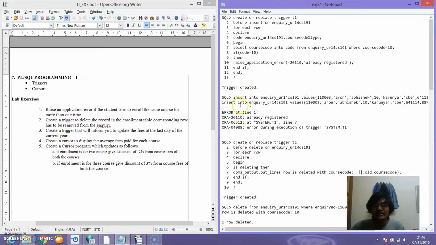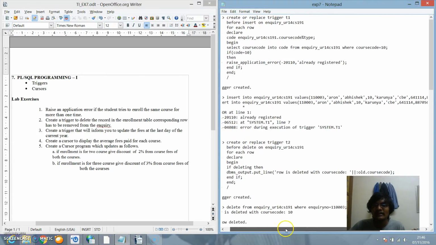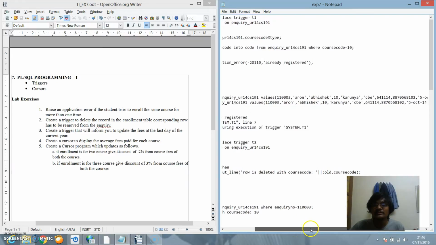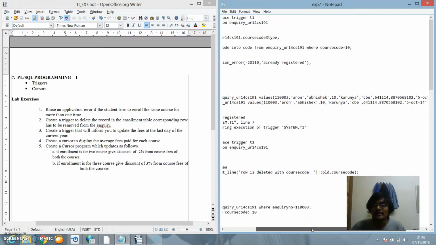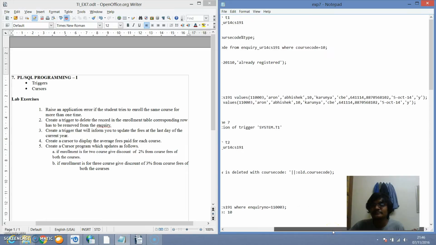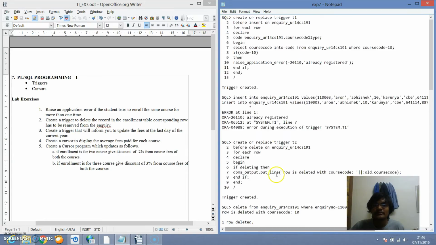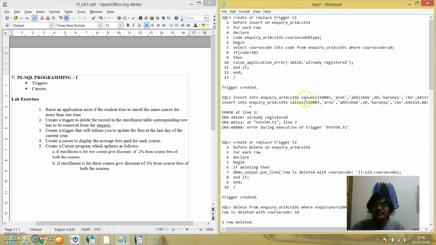Then we write a query: insert into inquiry, the table name, which is UR1 for CS191, the values, which is 110003, Aaron Abhishek 10, Karunya CPE 641114, the number and date. So we inserted these values into the table. Then again we're gonna insert